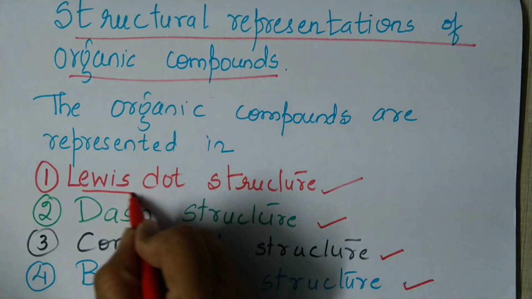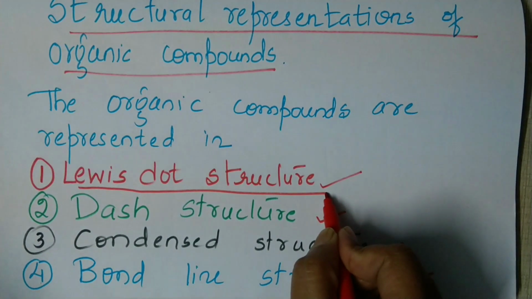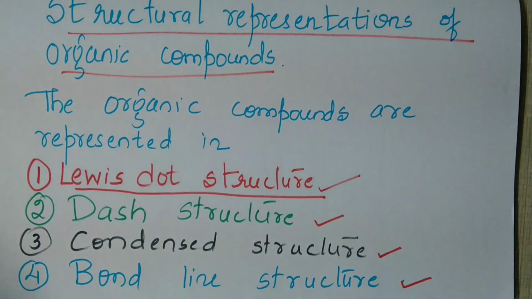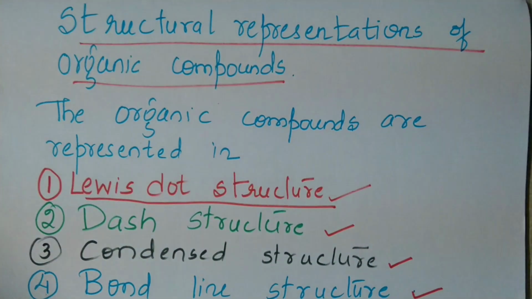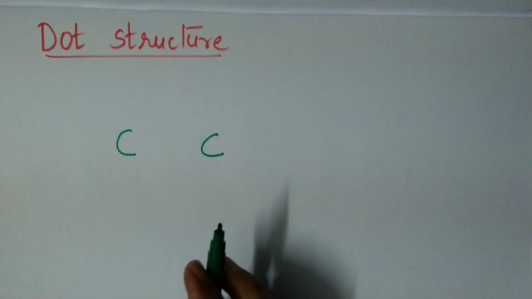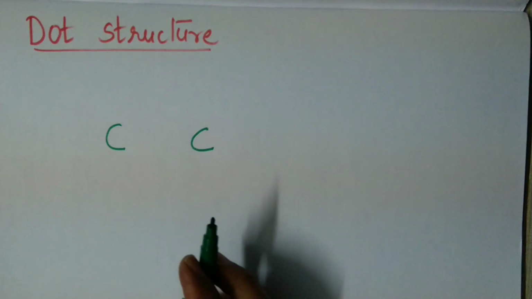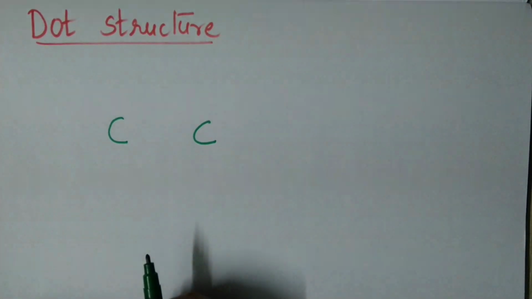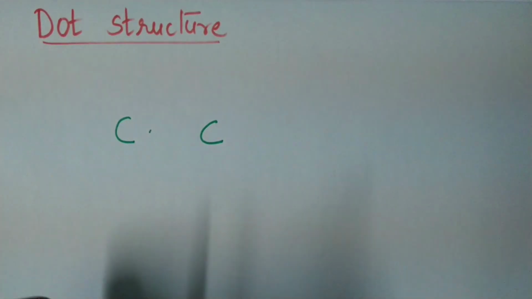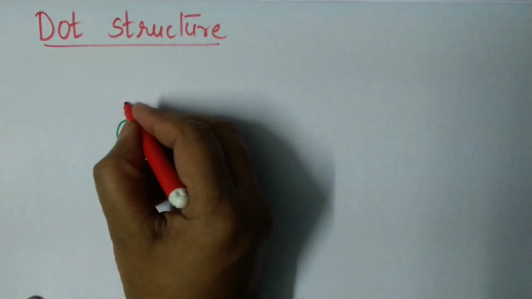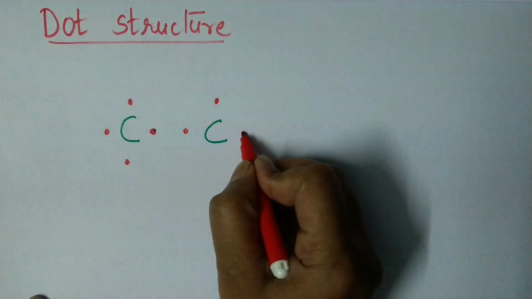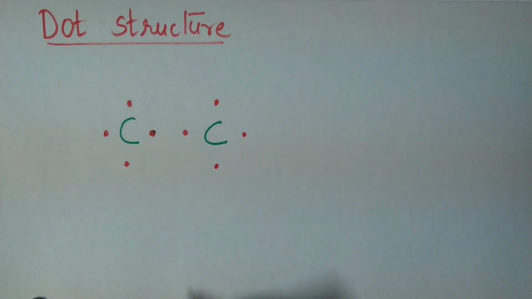I think all of you are familiar with Lewis dot structure. We shall directly start writing the structure of the organic compound so that you will understand them better. Okay. Coming to Lewis dot structure, we shall just try to write these two structures of organic compounds. Which structure? Lewis dot structure. What is the valency of carbon? In the outermost orbital, how many are there? 4. So, I'll show you the electrons 1, 2, 3 and 4 for this carbon atom and 4 valence electrons for the other carbon atom.